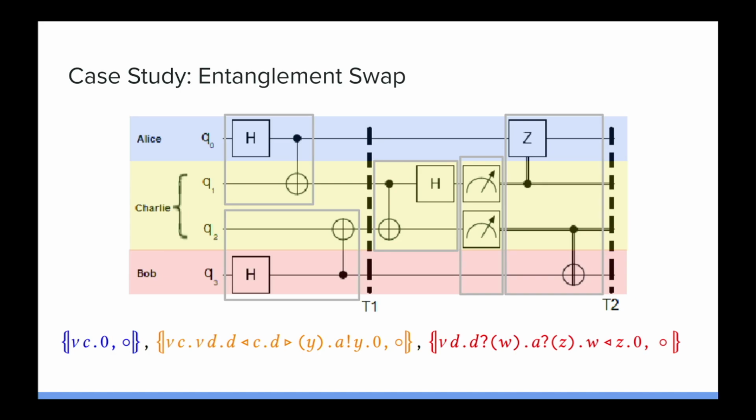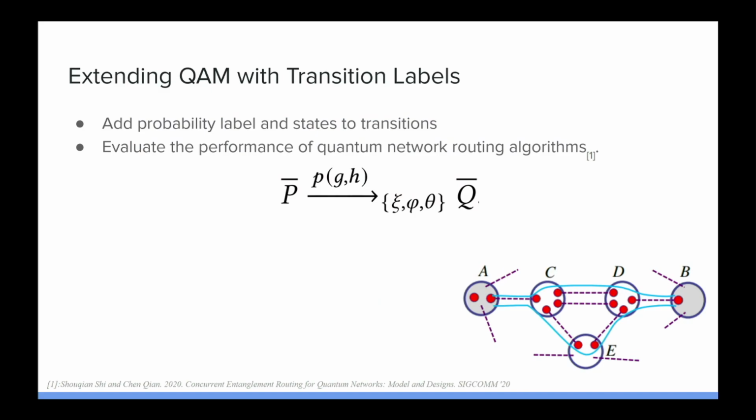And you can see in the middle membrane there are two channel creation actions, and we encode the channel C to the channel D. Okay. So, we've also been trying to extend our quantum abstract machine to make it able to analyze more quantum network protocols. I'm not going to talk about the details here, but